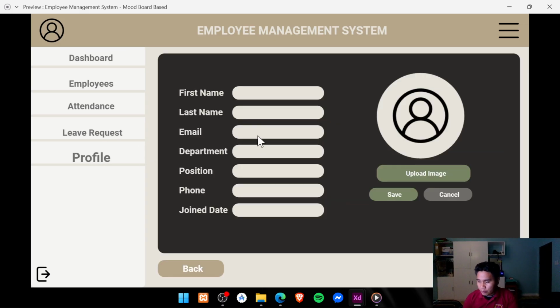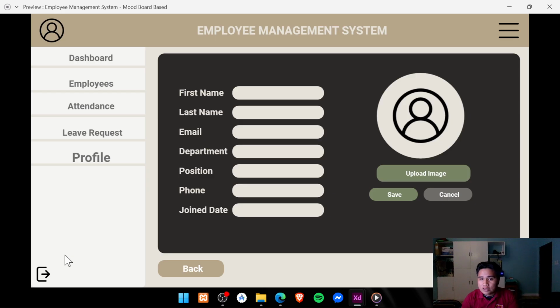And lastly, the profile. In this part, I just copied it. I didn't change anything, but I think I only changed the resizing of the page. And lastly is the logout button. If ordinary users are going to use it, it can sometimes confuse other people.